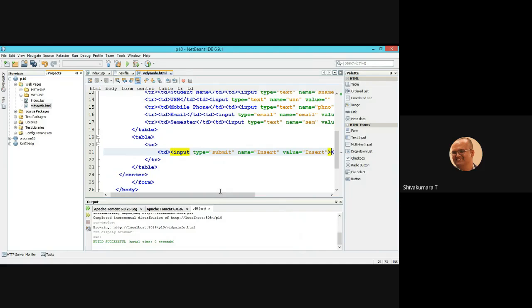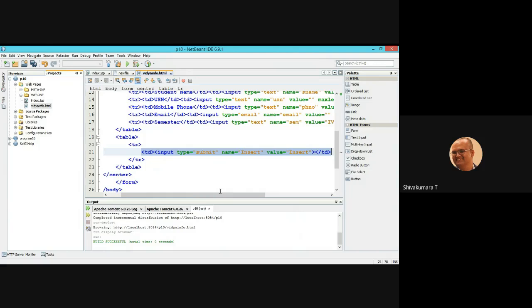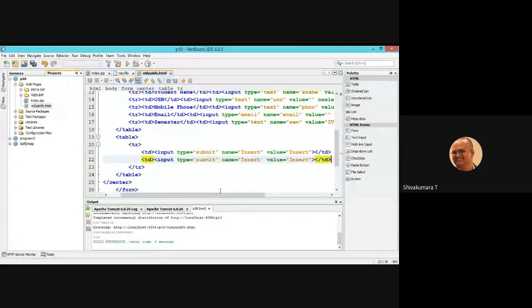First one, insertion, is over. The second one, either you can go exclusively creating the buttons one at a time, delete,